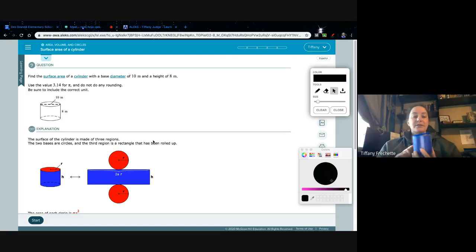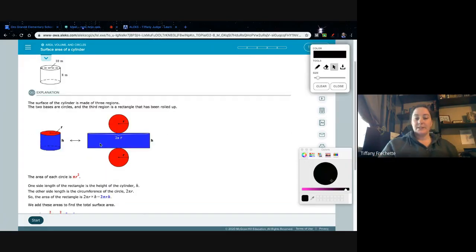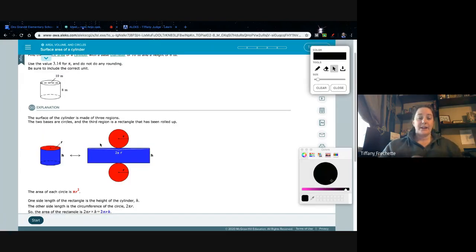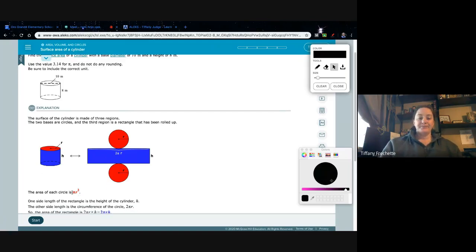So in order to find the surface area of a volume, I do like our little diagram down here because it's exactly what I'm going to show you with this piece that I'm holding in my hand. We need to know how to find the area of a circle. So the area of a circle is pi r squared, and I'll write that down in a moment. And they do show you that down here. And then we need to do the